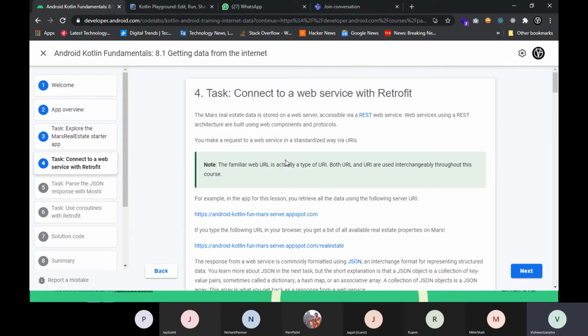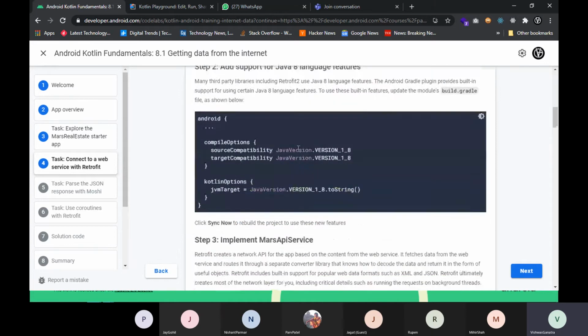Retrofit is a very useful library. Previously, before Retrofit was launched, there was a library named Volley, but the functioning of both libraries is the same. But Retrofit is somewhat easier to use, and if you know REST web services, REST APIs, it is basically used for that purpose.